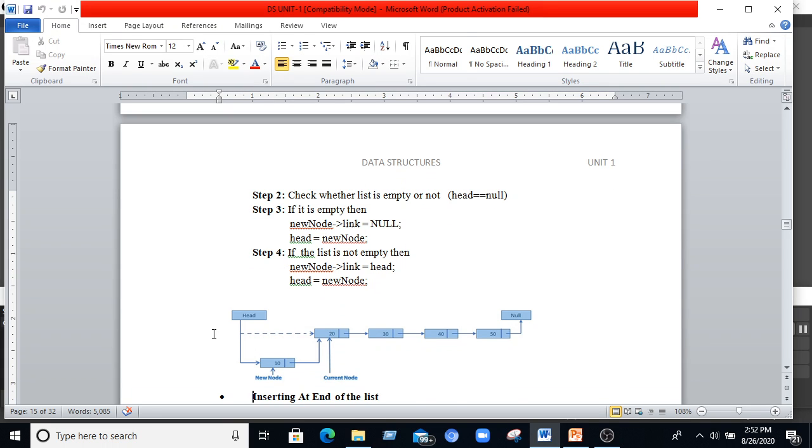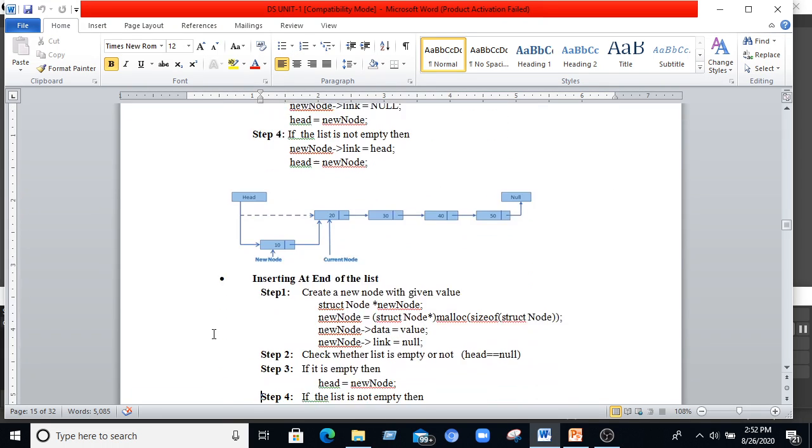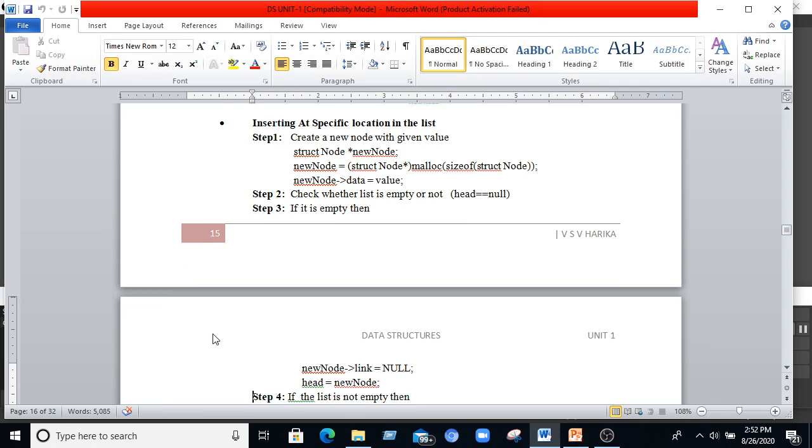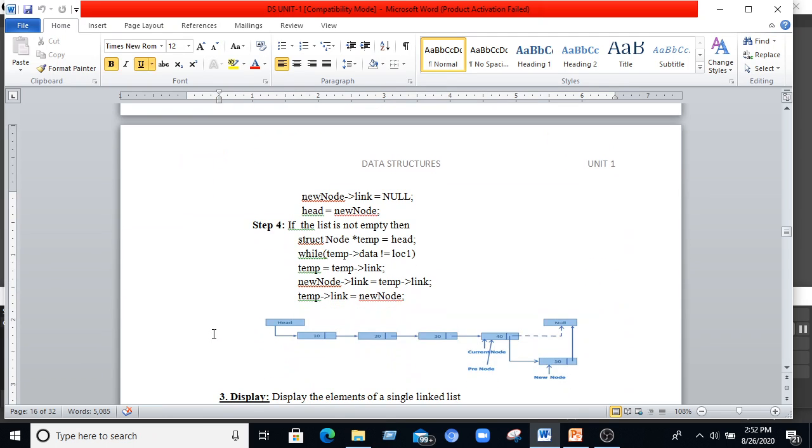Similarly, we can insert at the end of the list. Head consists of the list 10, 20, 30, 40, and so on to null.